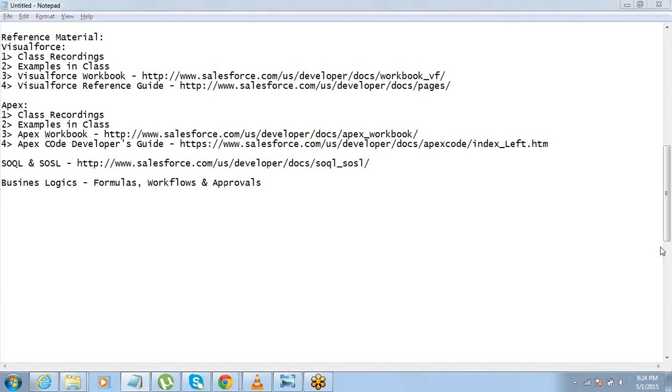Yes, Navita says yes. Okay, great. Thank you. So you can use those PDFs for the business logic section to practice more on the formulas, workflows, and approvals part, right?